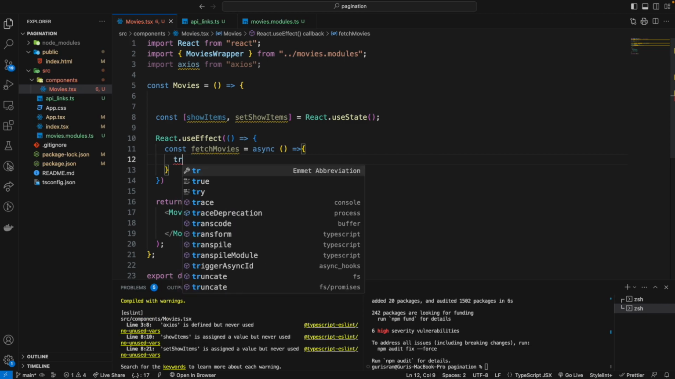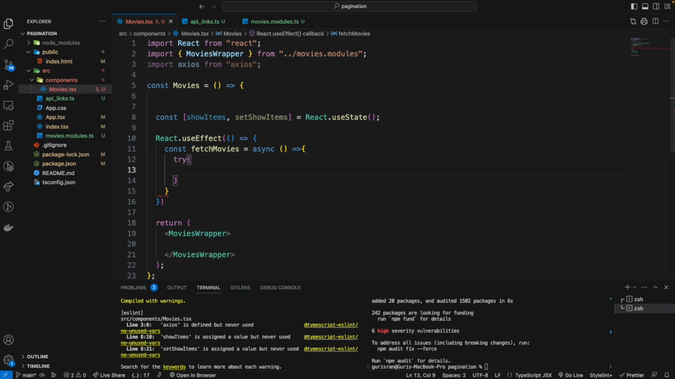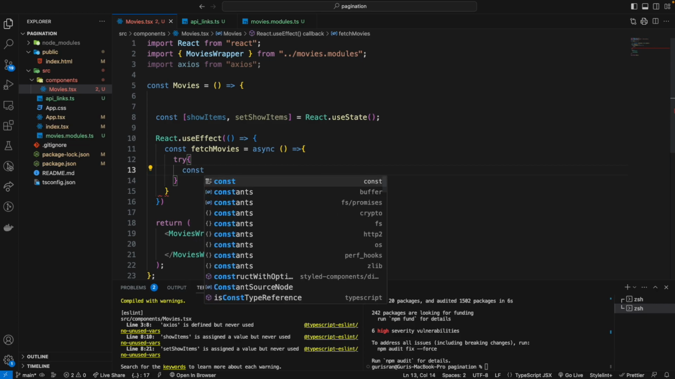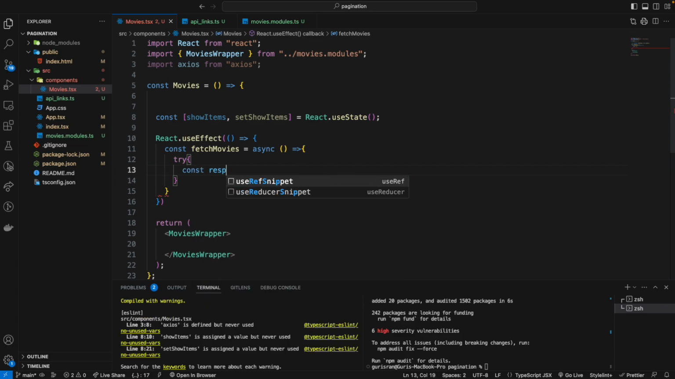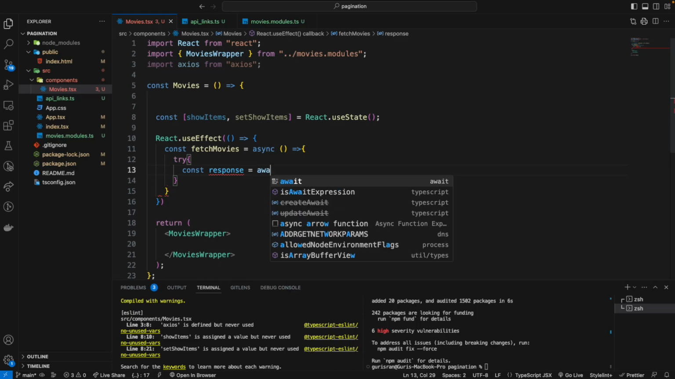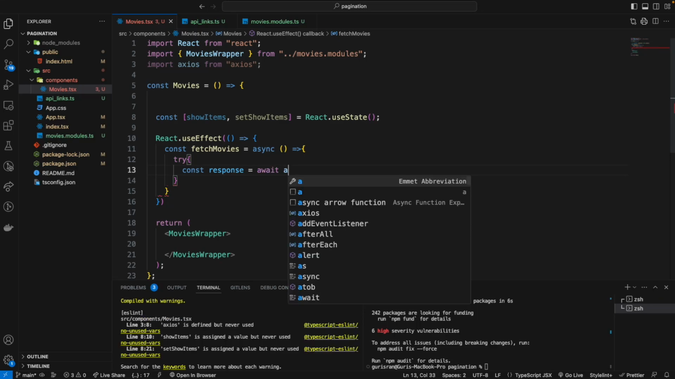Actually, we should use try and catch, because when we are doing API work, we always want to have a try and catch block. So if the API doesn't work, the catch block can throw some error and we get some feedback on what's going on. So inside the try block, we'll get a response which will await from the